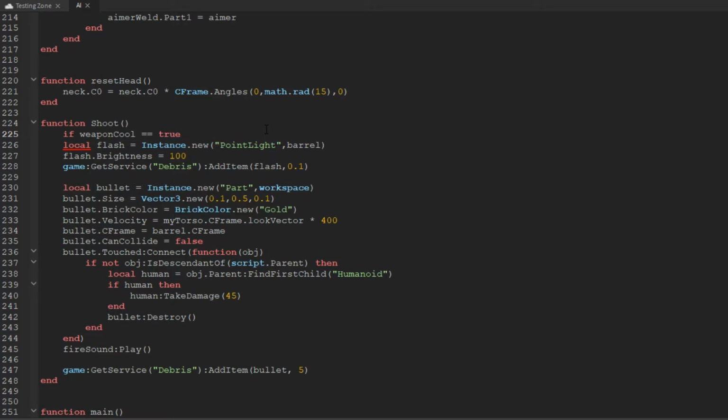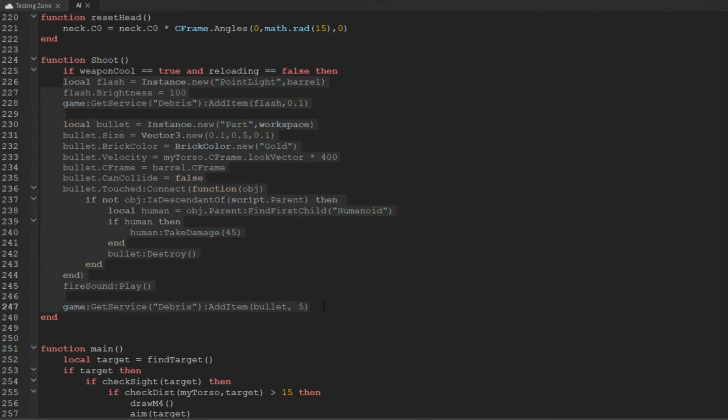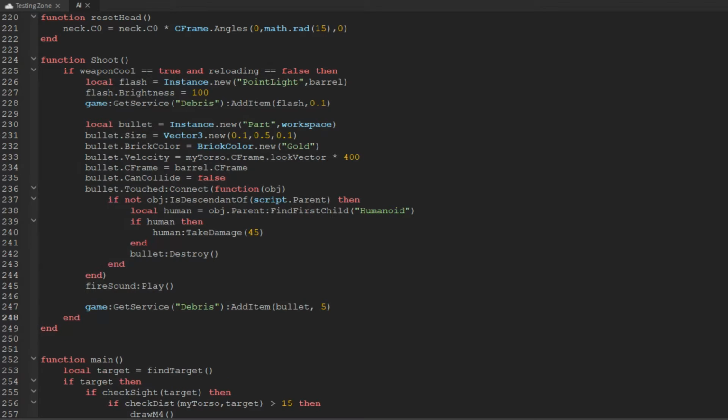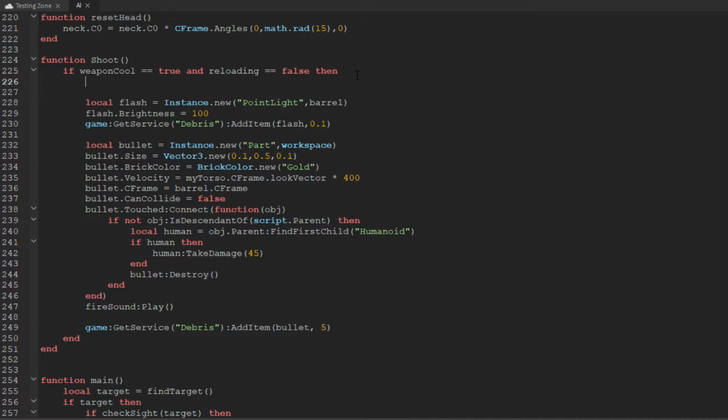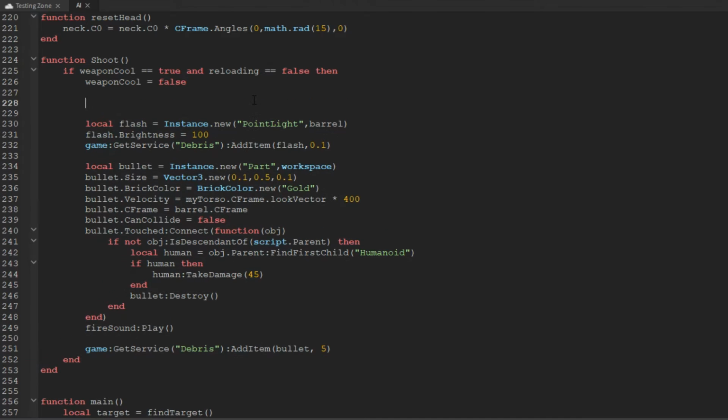Okay, so if weapon cool is true and reloading is equal to false, then continue, and we're going to indent everything. Okay, so after we do shoot, then the weapon cool is equal to true. Yeah, I can't believe we didn't have weapon cool equals false. Yeah, my bad. Messed that up. Okay, so